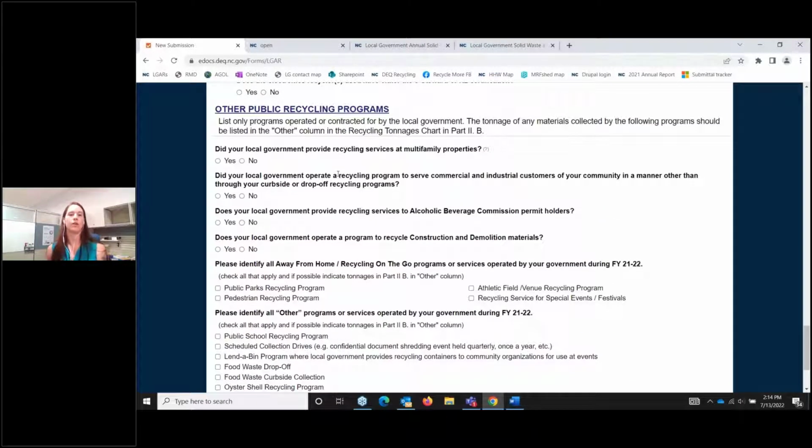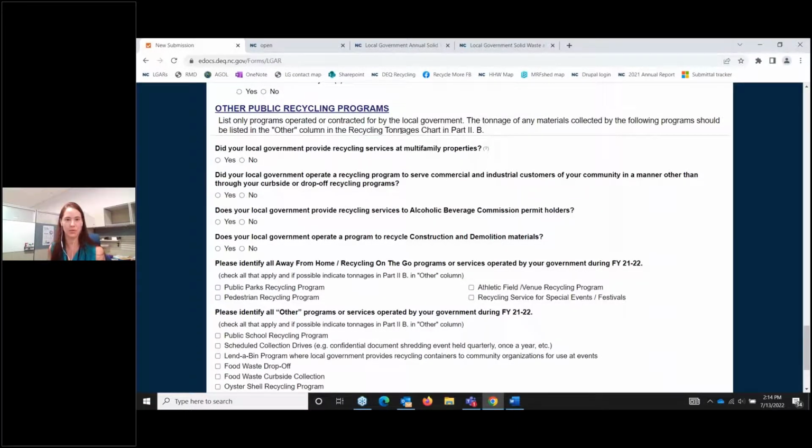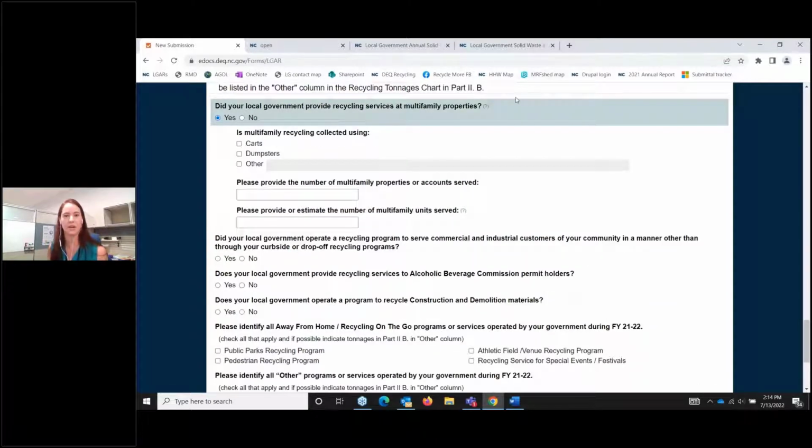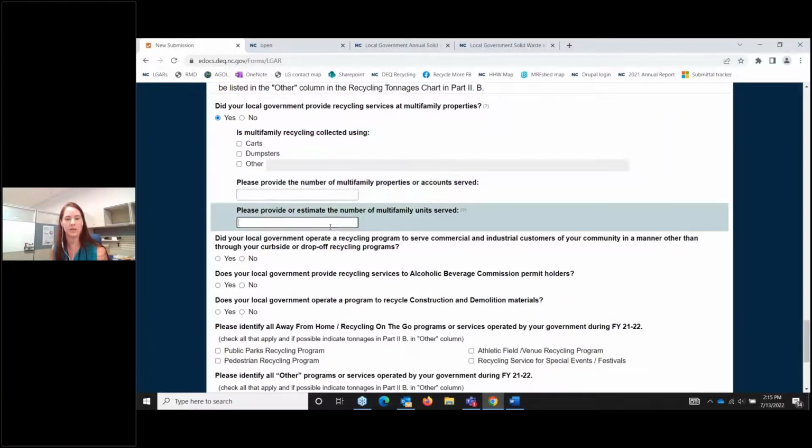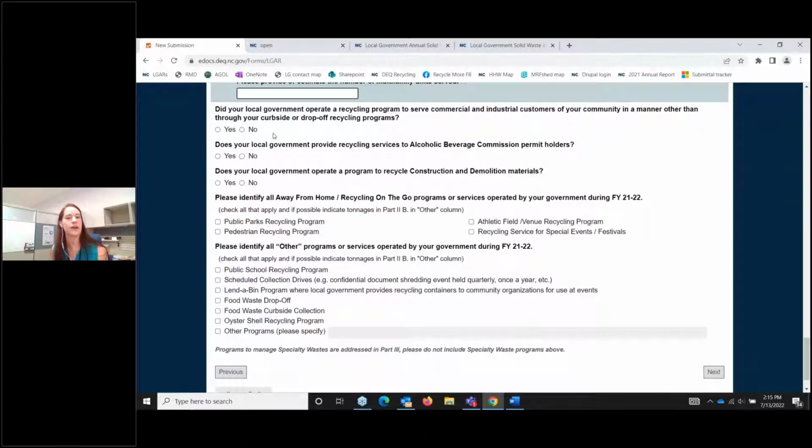And then we have another section about other public recycling programs, which is whether it's a curbside or a drop-off program, and if it's not either of those two, then we call that an other recycling program. One of these is multifamily, which you can go to the tooltips here and see that we define multifamily property as being a housing structure that includes about 5 or more dwelling units. So if you provide recycling services to those properties other than curbside or drop-off programs, we'd ask you what kind of collection you use, whether carts or dumpsters for your multifamily properties, the number of accounts served, and the number of units served. We also ask if you operate commercial or